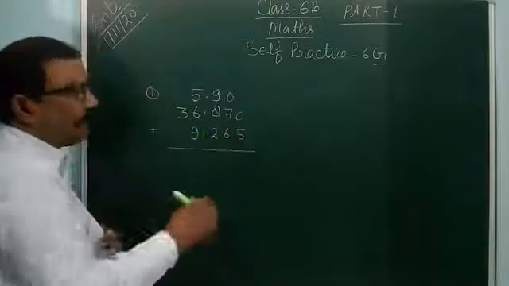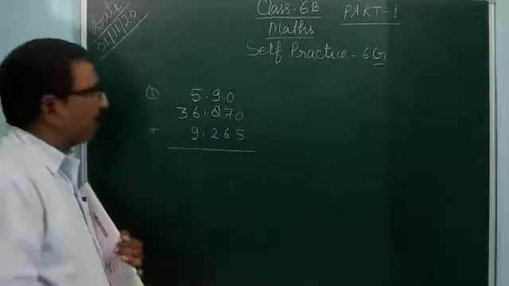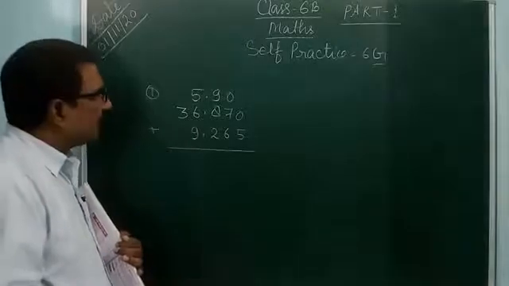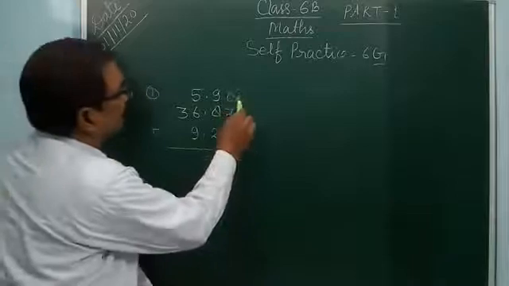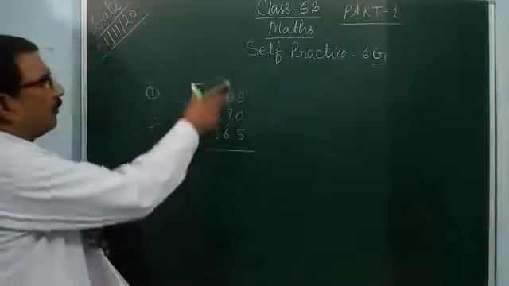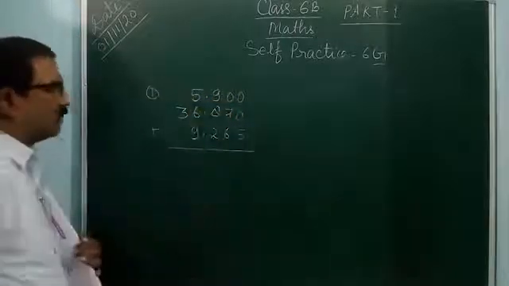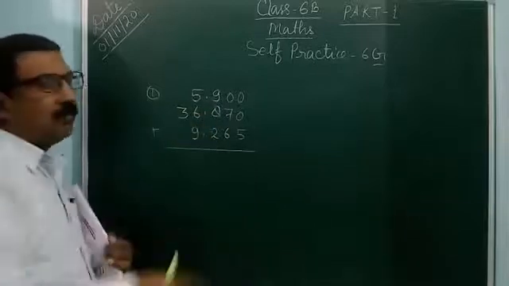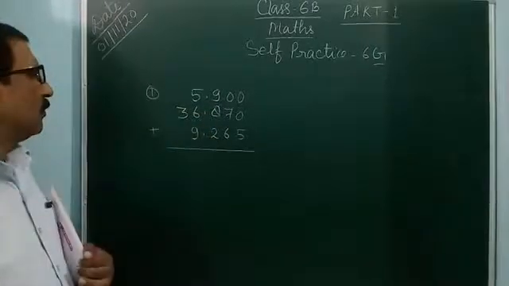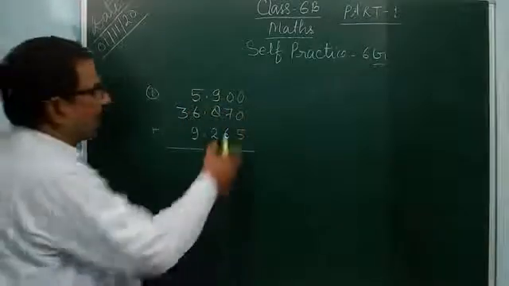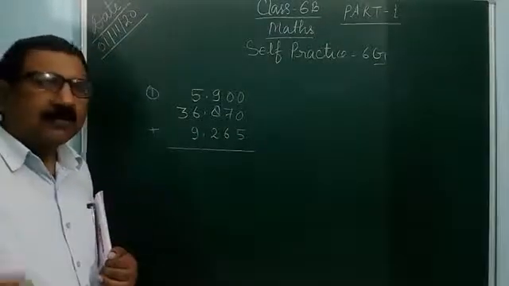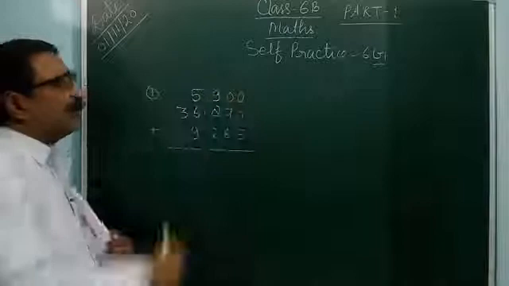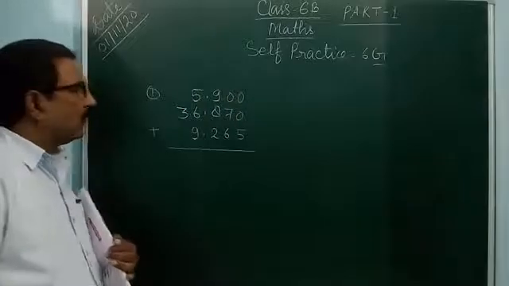What is the maximum number of digits after the decimal? You can take that maximum and fill 0, 1, 0 here also. Now all the decimals are like decimals. So after changing to like decimals you can add like that. Directly also you can add this, no matter, without changing the decimals into like decimals.